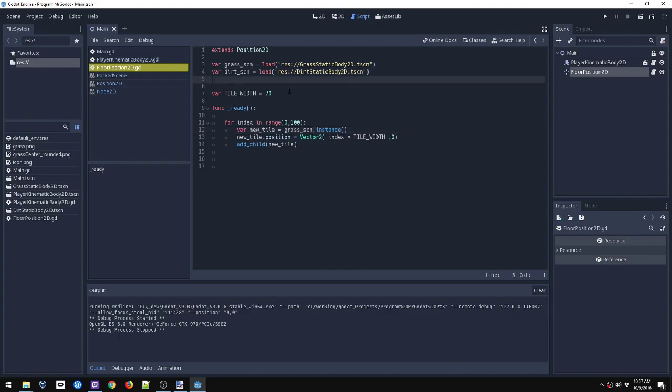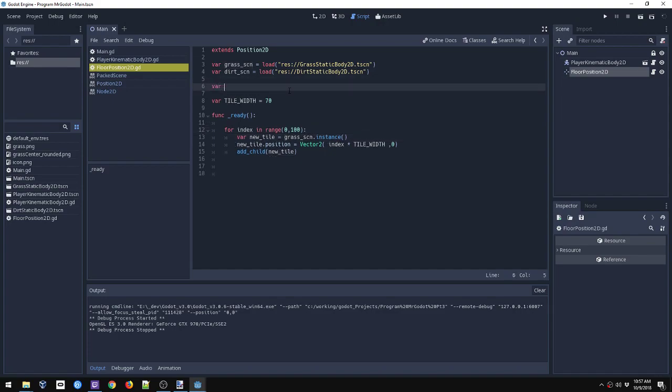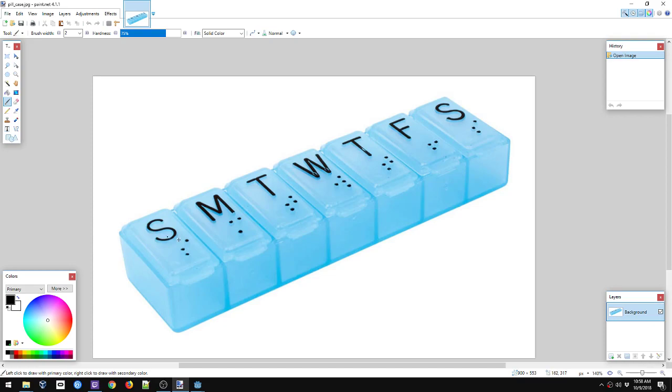What I'm going to do is I'm going to actually use an array, and an array looks something like this. So I'm going to say tiles equals, and there's an empty array. So an empty array is not going to be very helpful, but an array is sort of like a pill bottle, or a pill container. So I've got a pill case like this, and these are the indexes. So say this was the index of